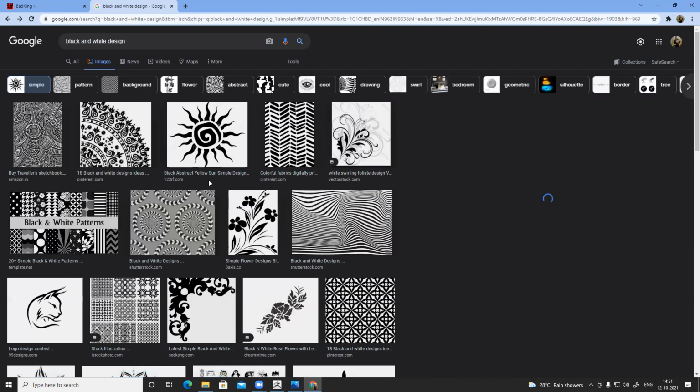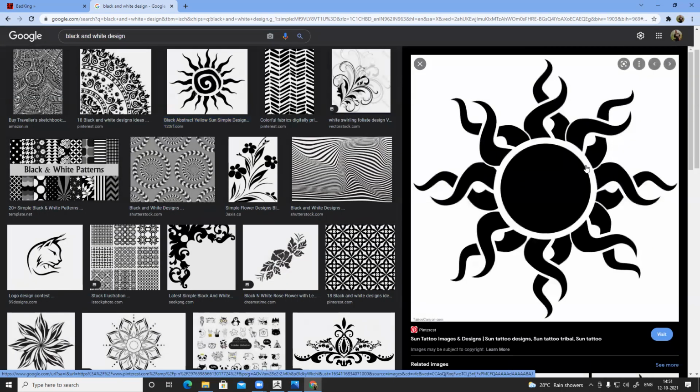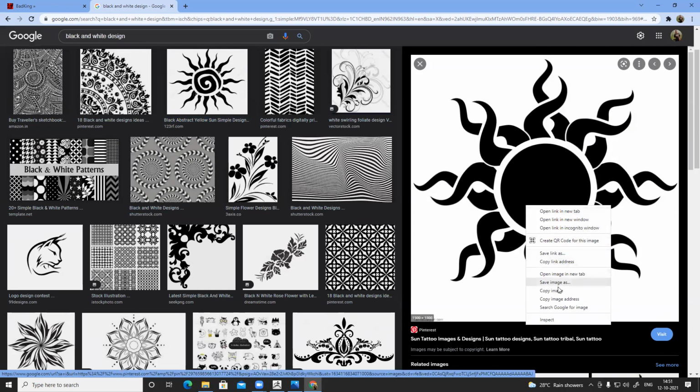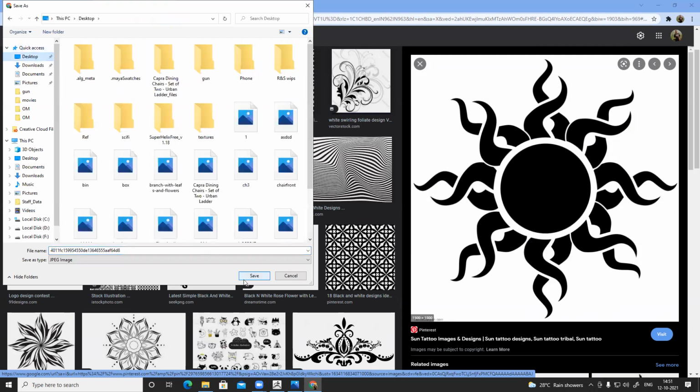So let's add something like this. Find something. Suppose I want to use this. So just simply create this image, texture off.